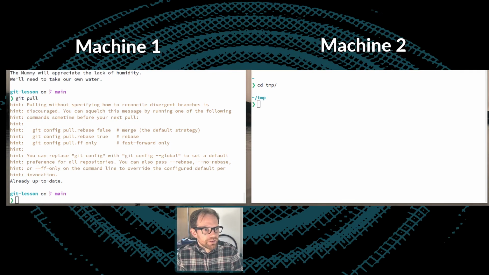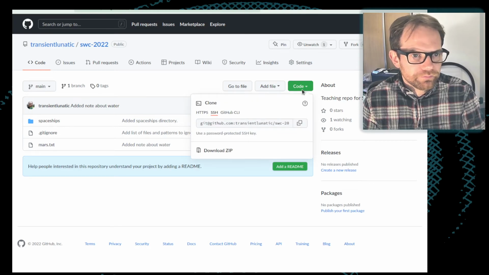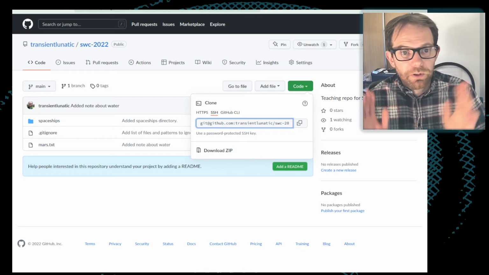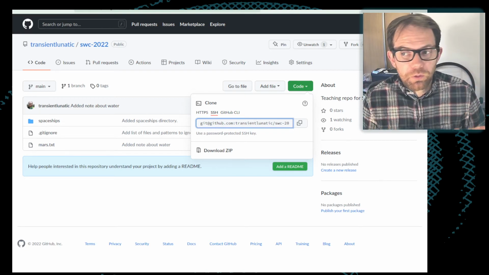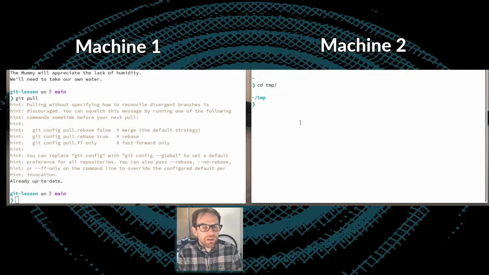So to get a copy of the repository from GitHub, I'm going to use a new command, which we've not seen so far, called git clone. So on GitHub, you'll see there's this green button called code. And one of the options which it gives you to get access to this code is under clone. And we can just copy this address. This is the address which I need to run the clone. So cloning is just copying a version of a remote repository onto your own machine.